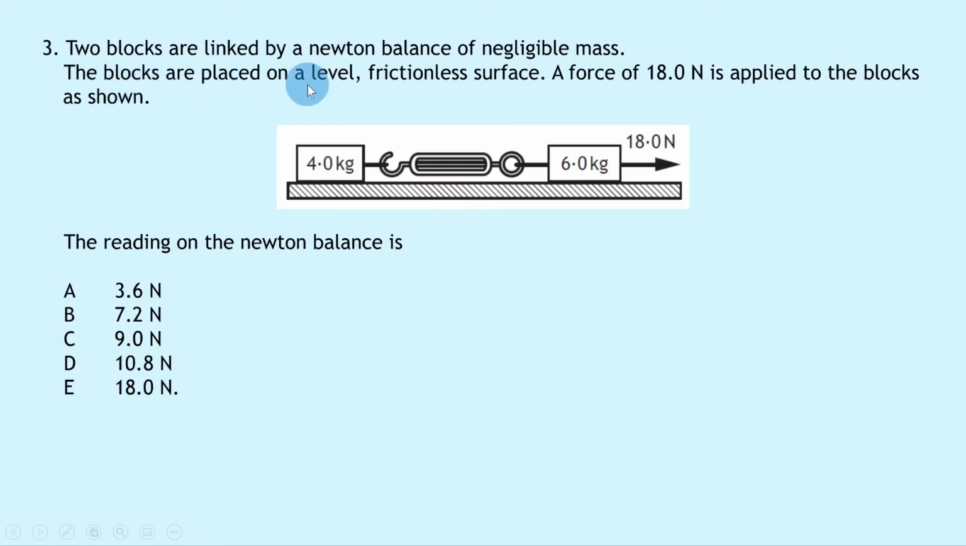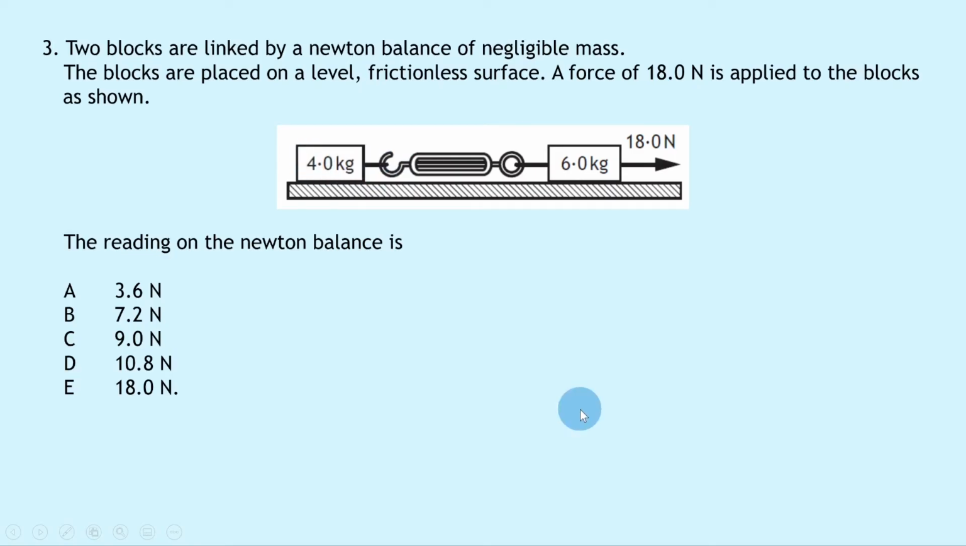Question 3 says two blocks are linked by a Newton balance of negligible mass. The blocks are placed on a level frictionless surface. A force of 18.0 newtons is applied to the blocks as shown. So we've got our 4 kilogram block linked to this 6 kilogram block as a system through this Newton balance, and then we've got a pulling force of 18 newtons to the right. It then says the reading on the Newton balance is. In other words, we're being asked to calculate the tension here in the Newton balance due to the 4 kilogram